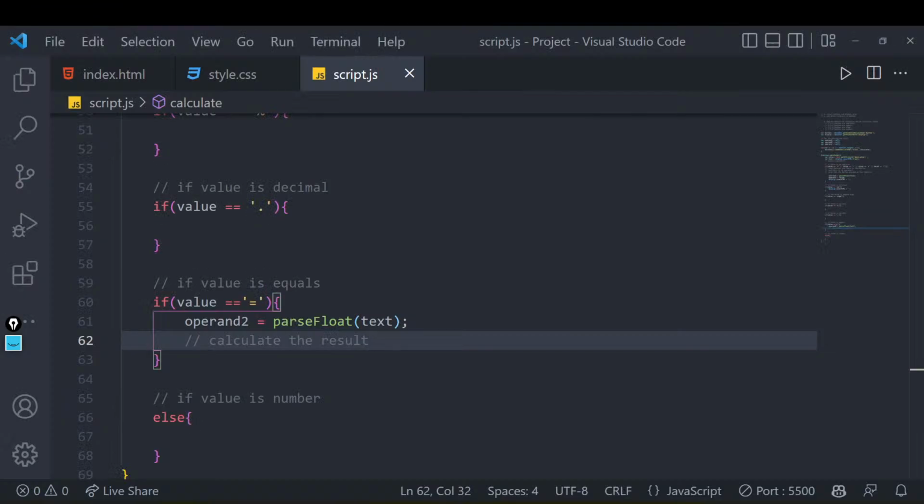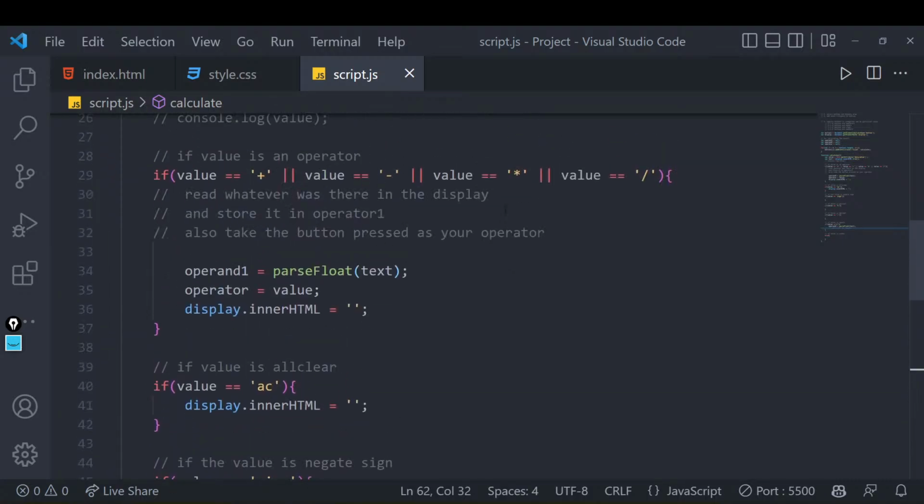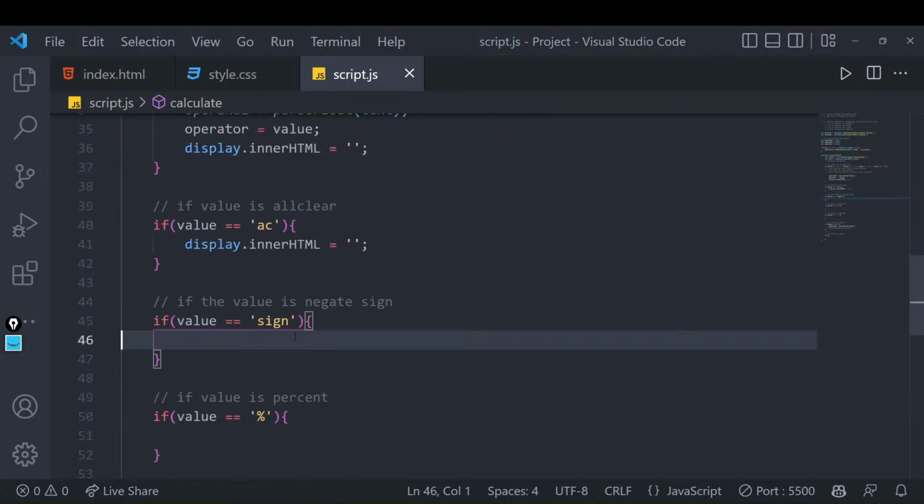This will not take very long. I'll quickly finish this up now. Now all these other things, like if we have signs, how will we handle the sign thing? That is also a very simple thing. We will say whatever is written over here, right? We will first of all take a temp display or display text, we can write existing text, let's write existing text. We will say whatever there is in our area, right?